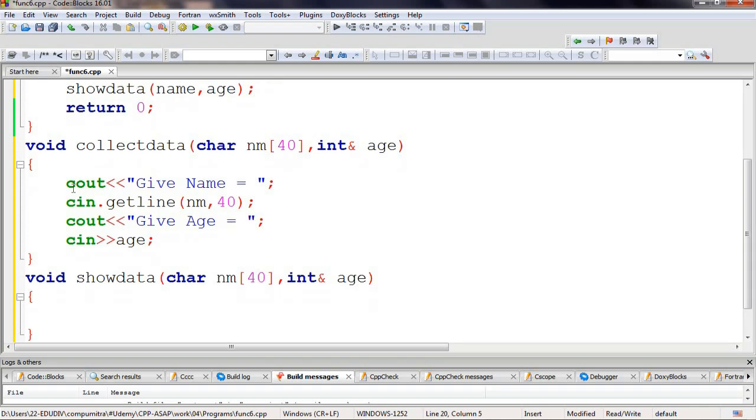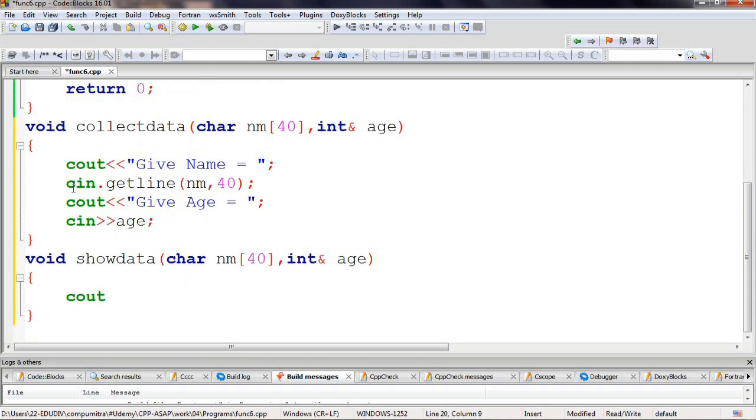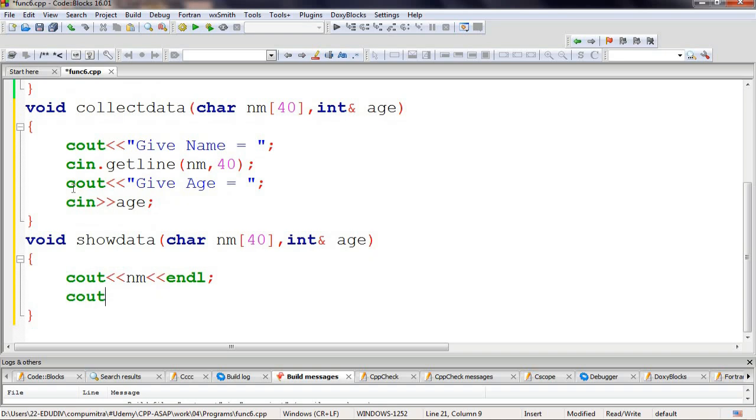That's what this reference means. And we'll simply cout here name. So this we can denote directly like this, and we'll cout age as well,